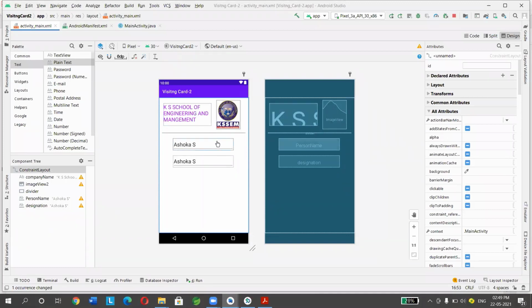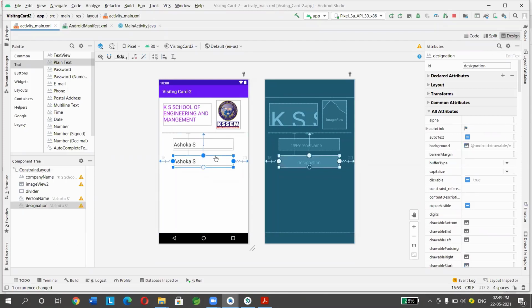Why do you need an ID? Because here I don't have any user interaction. Suppose instead of this we have a submit button, and if I click on this submit button, some action has to be taken, right? So in order to handle events, event handling in Java, for which button you are writing an event, we need a name of that button. When you do the next application, we'll come to know the purpose of that ID. So that ID's unique name is important.